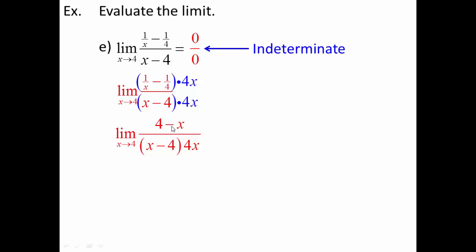Now, usually what I have here is a common factor between the top and the bottom that I can just cancel out. But here it's not quite common. It's 4 minus x on the top, x minus 4 on the bottom. Well, the good news is we've got an easy fix for that. If I have almost common factors except they're backwards from each other, just simply factor out the negative on one of them. I'm going to go ahead and factor out the negative on the top.